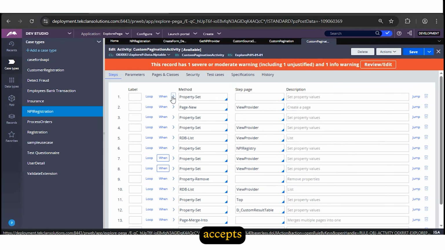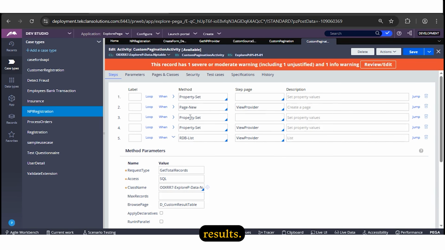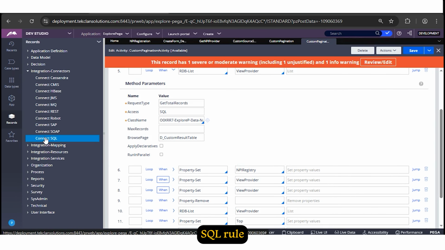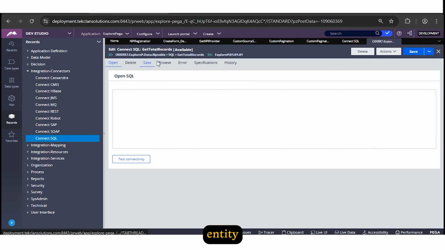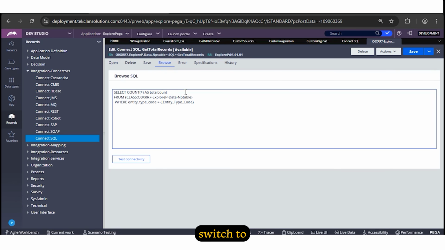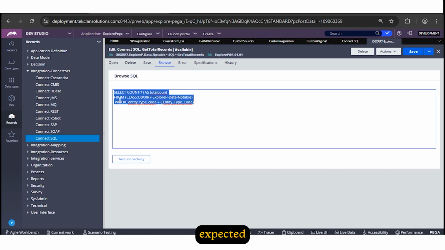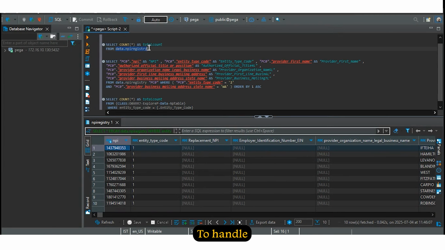This activity accepts the same 2 input parameters to fetch the filtered results. Within this activity, the first RDB list uses a Connect SQL rule to retrieve the total number of records based on the selected entity type code. When we switch to the database and execute this query, we get the expected results filtered according to the input parameter. To handle page navigation, we use Pega's out-of-the-box param